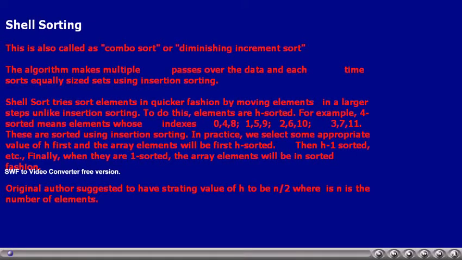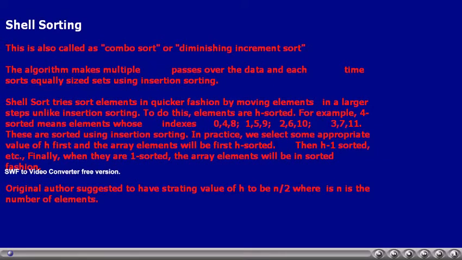Compared to insertion sorting, shell sort tries to sort elements in a quicker way by moving elements in larger steps, unlike insertion sorting, where the step value is 1.